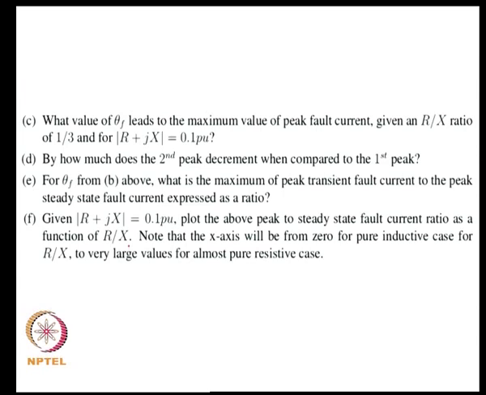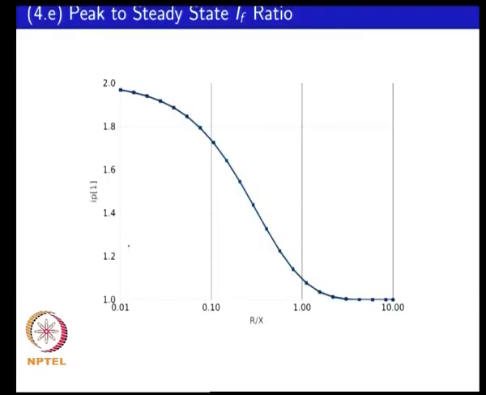R by x being large would correspond to a circuit which is almost strictly resistive. So, you would like to see what the peak to steady state fault current level is as a function of your x by r ratio, and you can see that what is plotted over here is IP1 by IP steady state